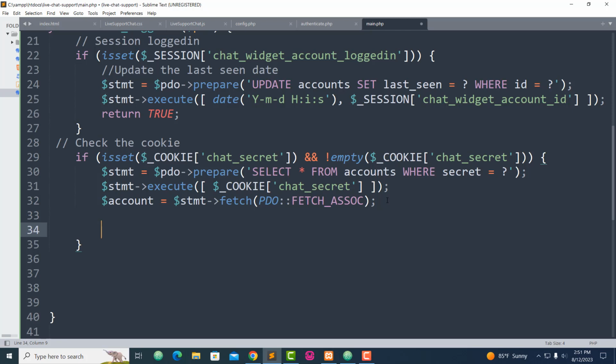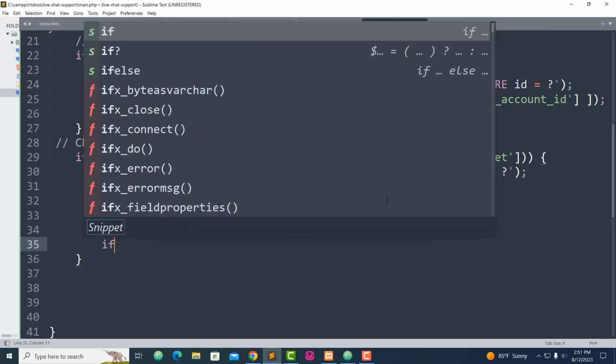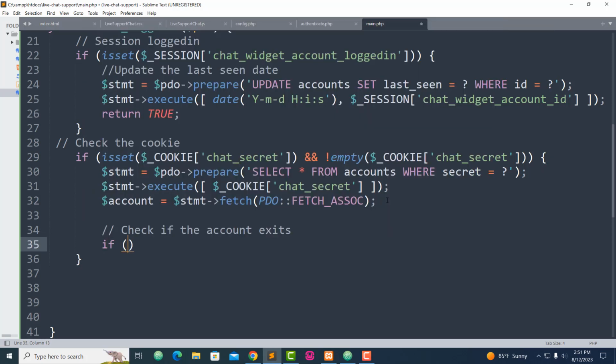Okay. Now check the cookie, and then now you have to make sure that the account exists, and then this is where I'm going to say check if the account exists, and then using the if statement,